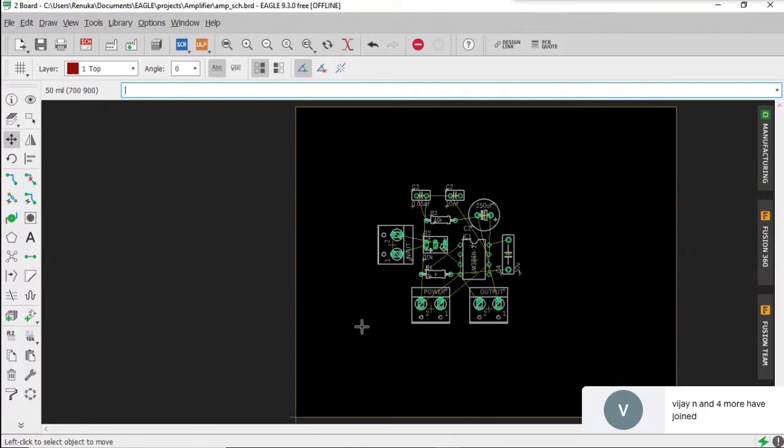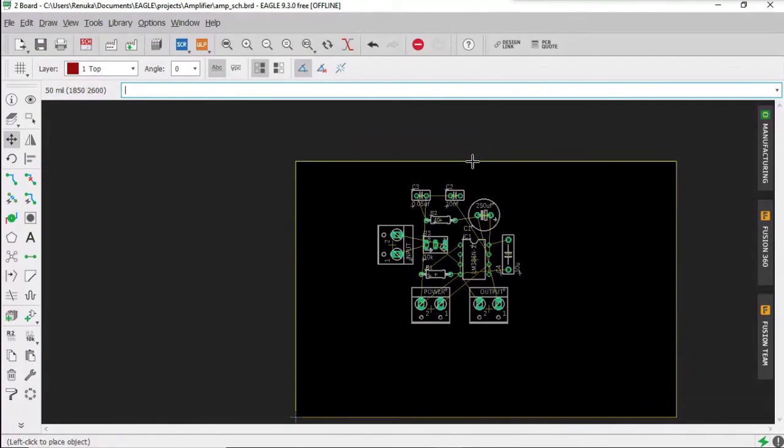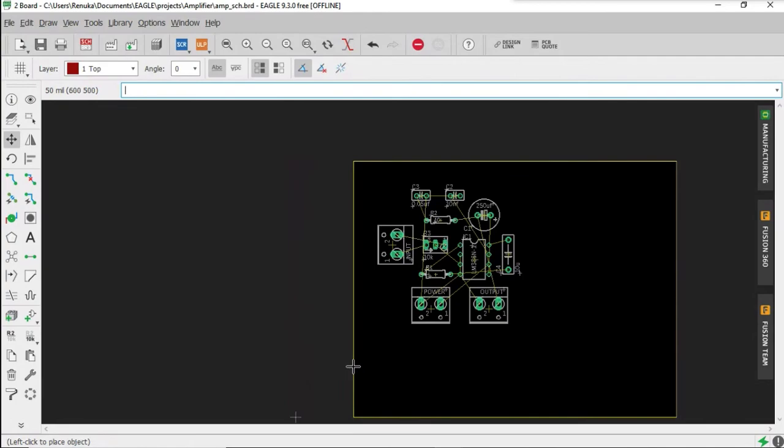You can just pull it down and make it a little more compact. Just drag the outer edges inside.